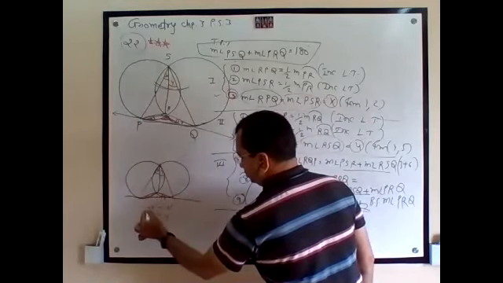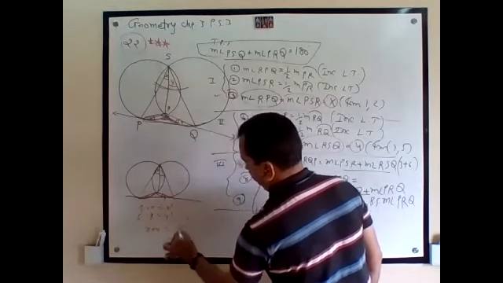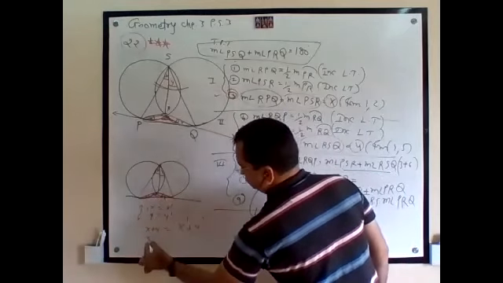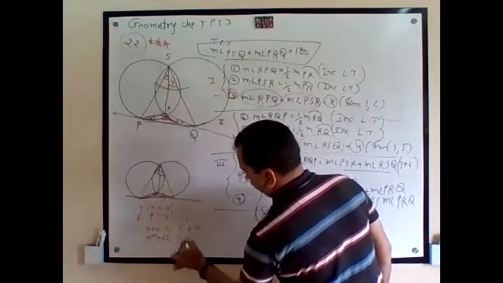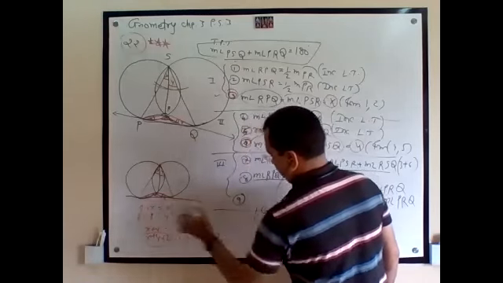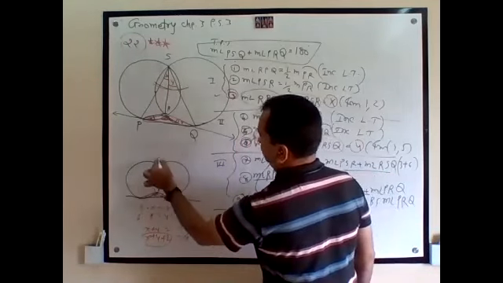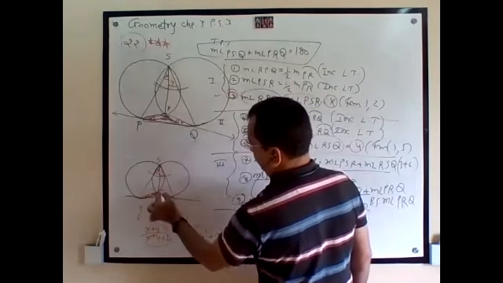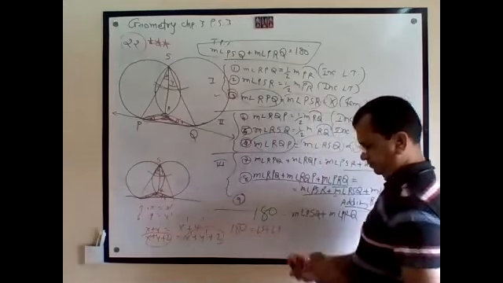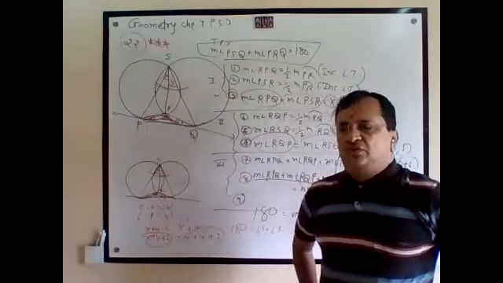Add both the sides. This is the third step. This is the sixth step. Now add: x plus y is equal to x dash plus y dash. Now z, adding z on both the sides. So x plus y plus z is equal to x dash plus y dash plus z. X, y, z, that is 180. X dash plus y dash is equal to S, and y it is R. So exactly